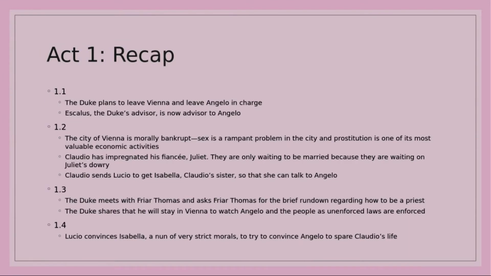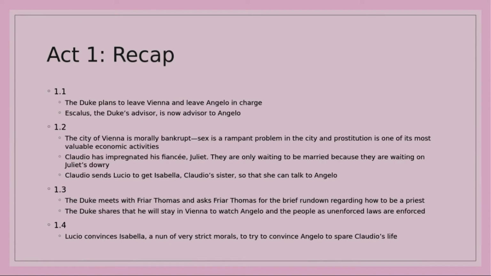Right? So Isabella is unique in the sense that she has a very strict definition of morals, and of what can be asked of an individual, which is why later, when Angelo asks her what he does, she's just floored. She's like, how could anyone do this? How could anyone choose to put this out there like that? That's not okay, right? So that's basically Act 1.